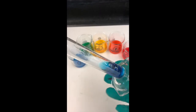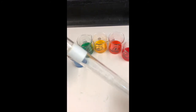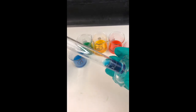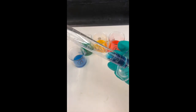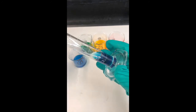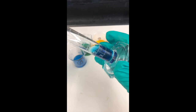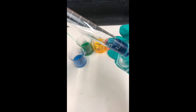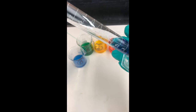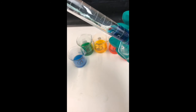So now this is where you're going to want to pay attention, and it's pretty important that when we're doing this, we don't contaminate our colors. So some art skills here will be good. Now for this one, since I have green being as the next one, I'm going to rinse my passer pipette with a little water. Now it doesn't matter if there's a little residual water in here, because as long as we're going from most concentrated to least, it's not going to affect the density so much, whereas it won't layer on top. So now I have my green, which is solution B, and I'm going to draw the pipette tip